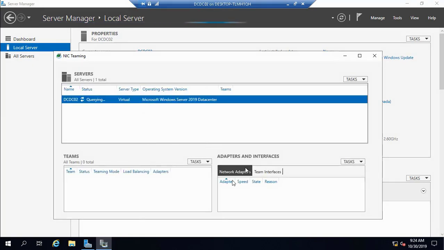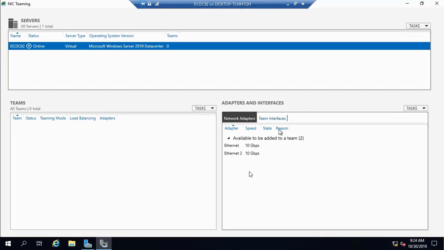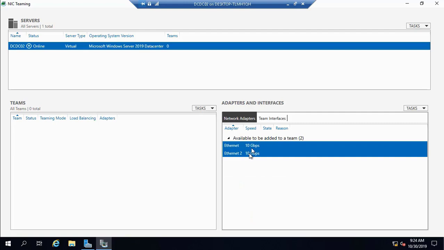Here we get to the network teaming, and then we will choose both network cards. As I said before, there is a difference between teaming in Hyper-V and VM Workstation Pro. Here the speed is 10 GB for every network card, but in the VMware they give it a speed of 1 GB. Okay, so here we will right click and add a new team,